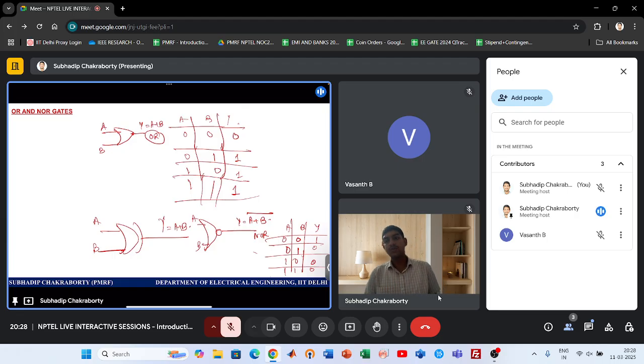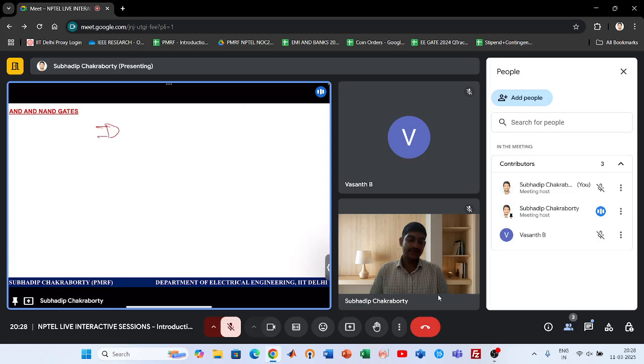And the physical significance of the NOR gate: where both of the inputs are low and we want the output to be high, then only we can use the NOR gate. Because the NOR gate gives us the output high where both the inputs are low, and the OR gate gives us the output high where any one of the inputs is high. Understood? So the AND gate. AND gate, I told you, is represented like this